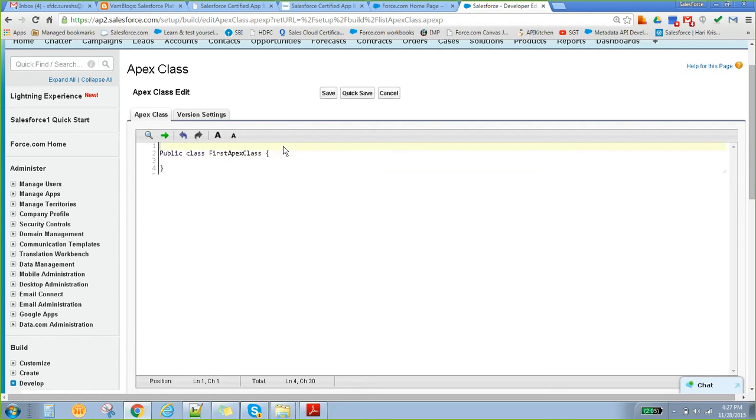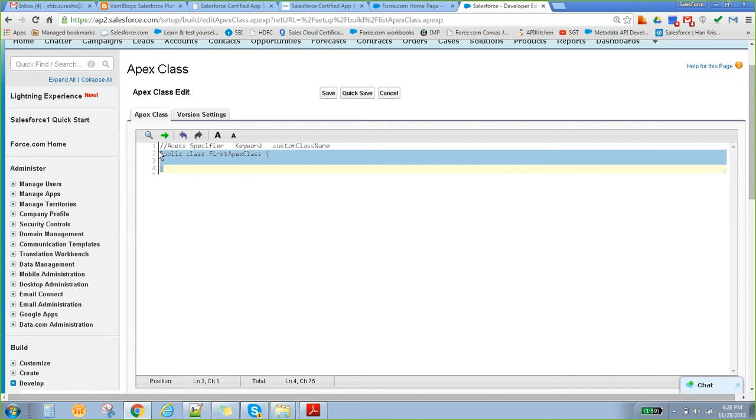The first thing is the access specifier. The second thing is a keyword. The third thing is the class name. The access specifier and the keyword are reserved words. We can't write it as "publics"; these are reserved keywords. If you write like this, the compiler automatically understands those words. This is a custom class name. You can write your own name also, and it will accept it. This is how we can write a simple class.